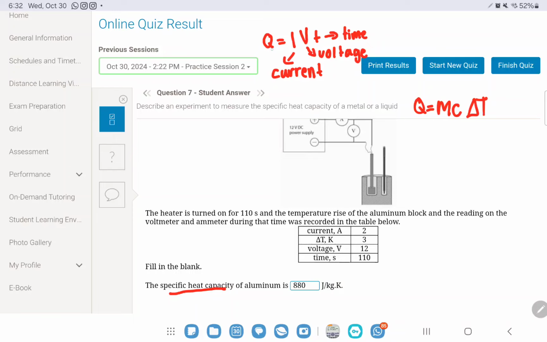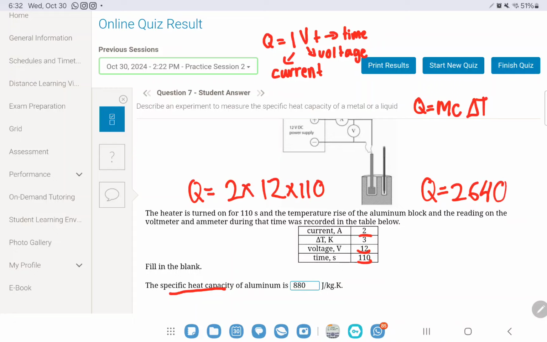So, let's use this equation first and find Q. What's our current? They told us it's 2. What's our voltage? They told us it's 12. What's our time? They told us it's 110. So, I'm gonna do it really quickly on my calculator. So 2 times 12 times 110 is, is it right? Yeah. So Q equals